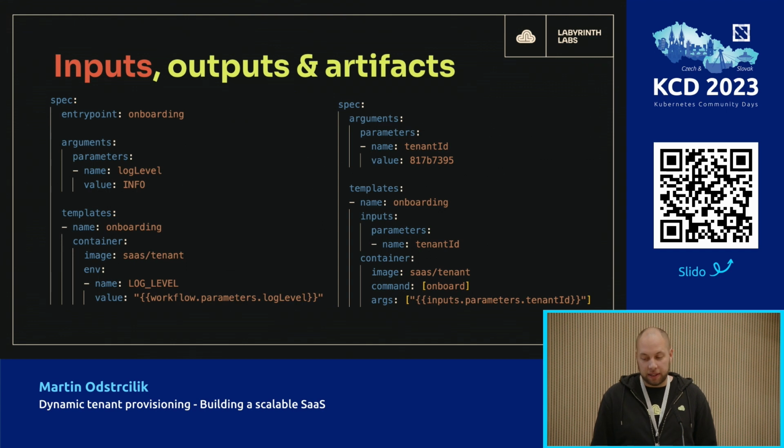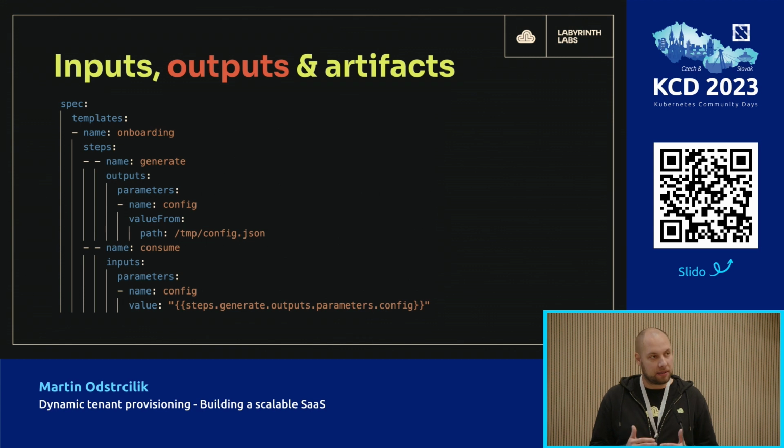When you are onboarding a tenant, you will want to pass some data to the workflow, like tenant ID. And you can have inputs either globally available, or in that case of the workflow template, and you can see that on the right, that you are basically saying in this template that your workflow or your task actually requires on input some parameter with a name of tenant ID, and then you can rely when this task is invoked that someone needs to pass that tenant ID.